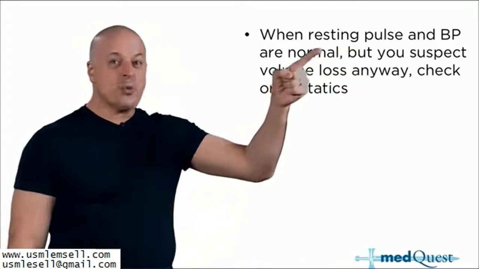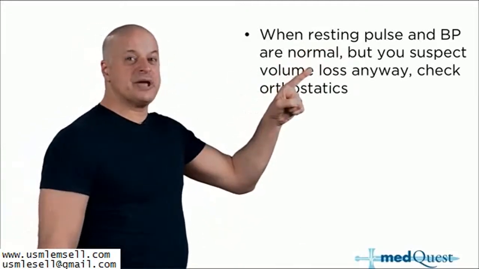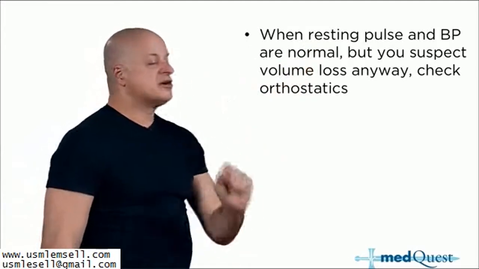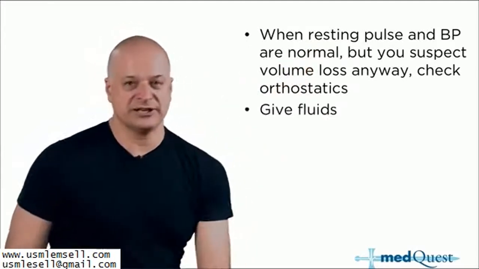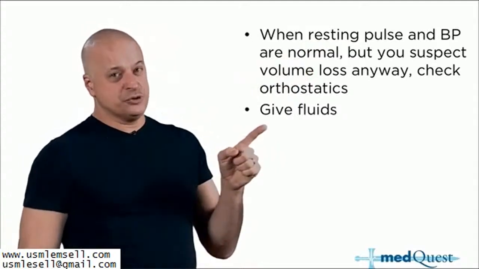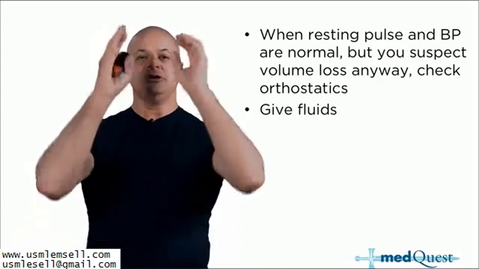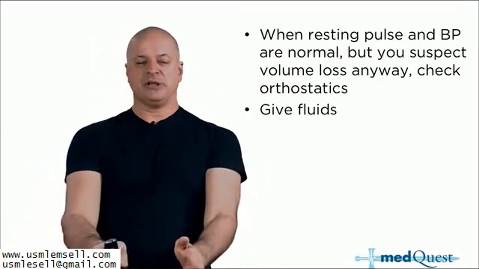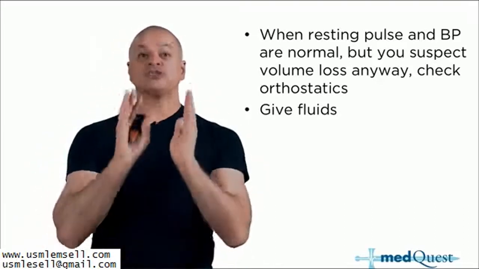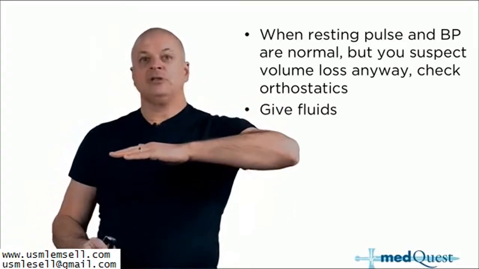Because if you're waiting for the resting blood pressure or resting pulse to be abnormal, you're going to wait for a colossal blood loss. It's way too much. You give fluids. Orthostasis is to detect a modest amount of blood loss or fluid loss or dehydration where you're normal at rest,